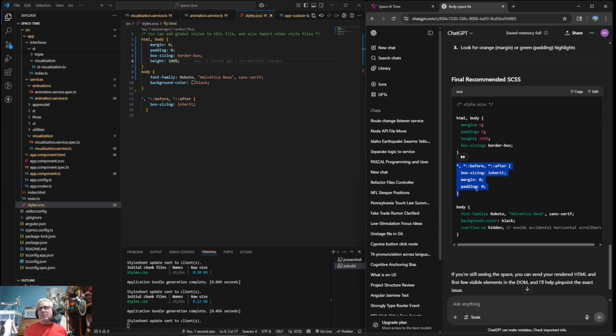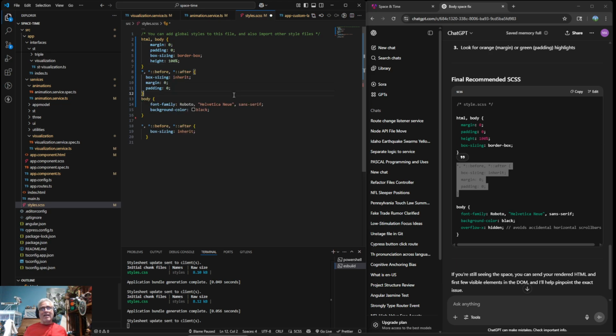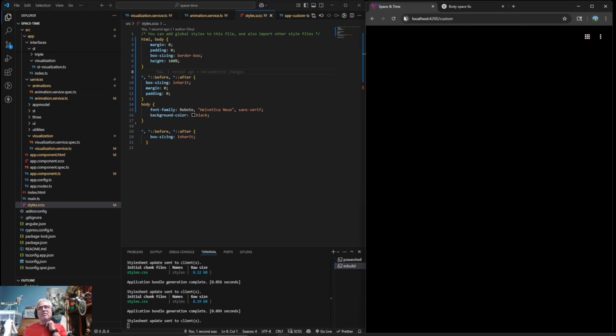So let's try this app before. Oh, okay, so I do not like that overflow-x hidden. I think that's silly because I might actually want an overflow-x. Honestly, I'd rather get rid of the height 100% than the overflow-x.